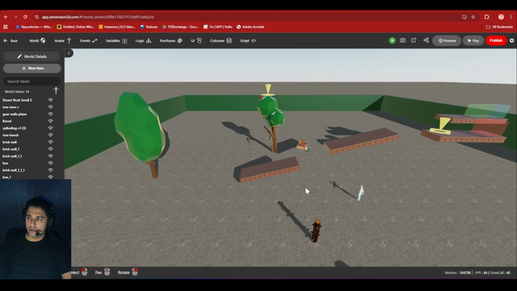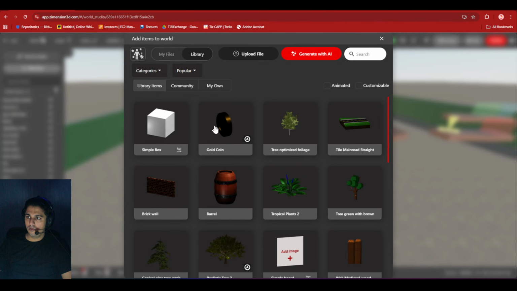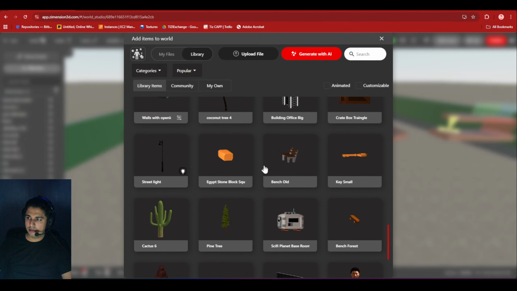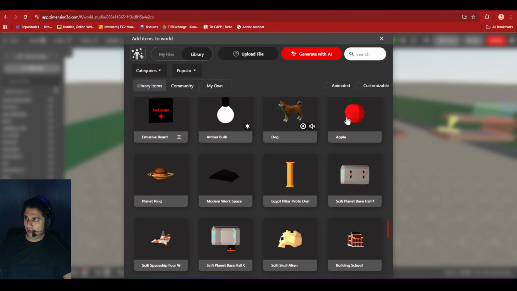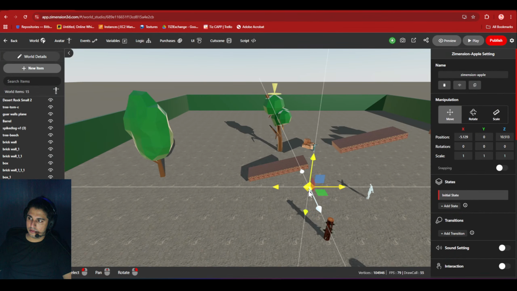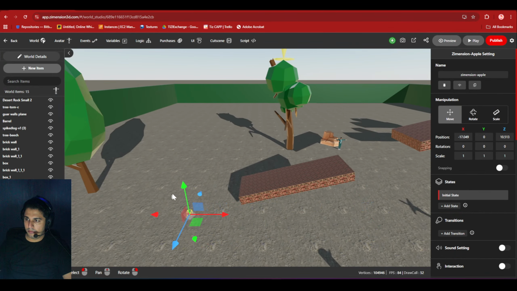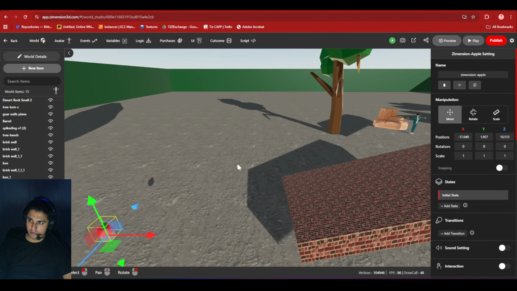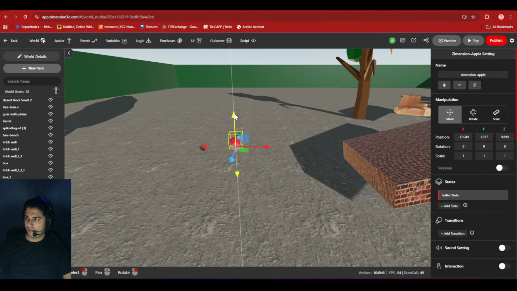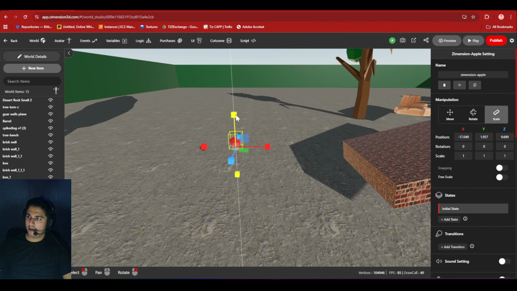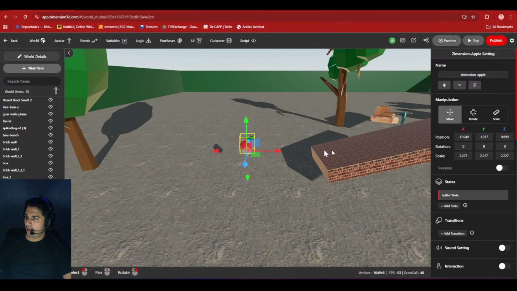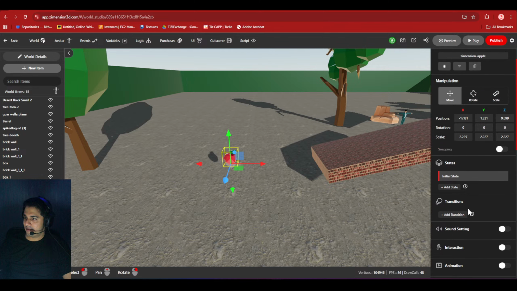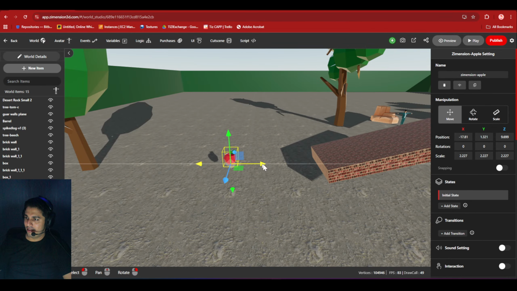So what I'll do is, I always show a coin, but this time let me select something else. Maybe you guys suggest. Let me collect apples. Okay. So I've added this apple. Let me make it a little big. Okay. I believe I'm creating an Adventure Island game. It has all these fruits. So yeah, this is the apple.